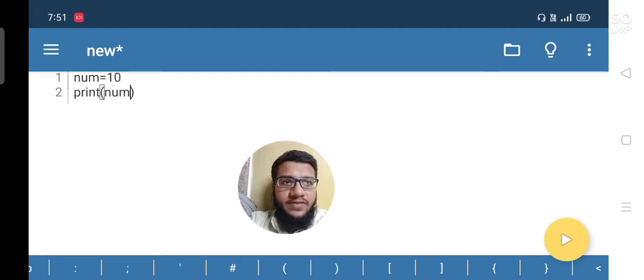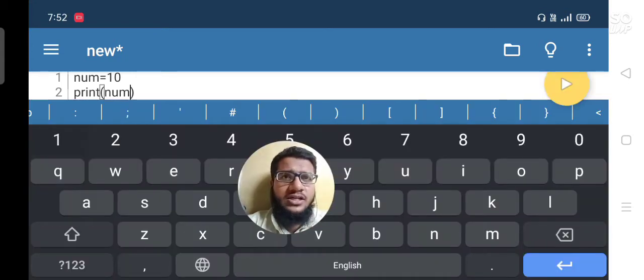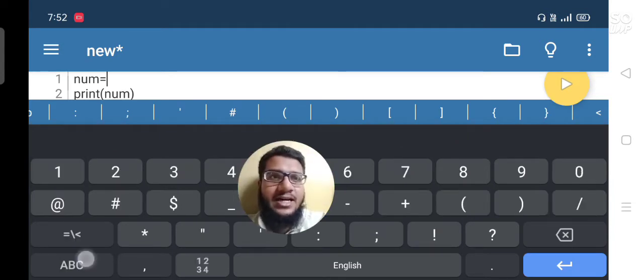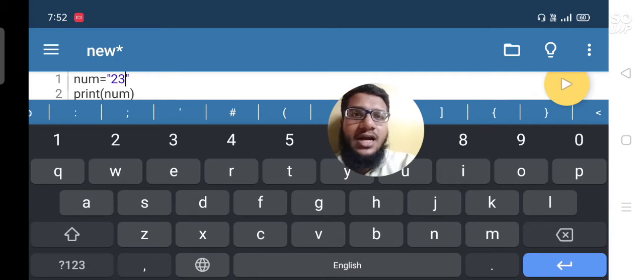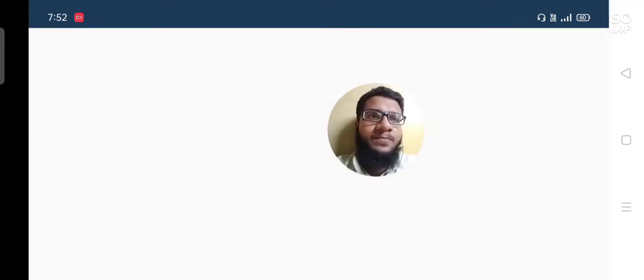Say for example, you want to store a character or a string. What does string mean? A string is a combination of numbers and alphabets. For example, I am using double quotes, and inside I write 23 and then ASAR, and then I click run.